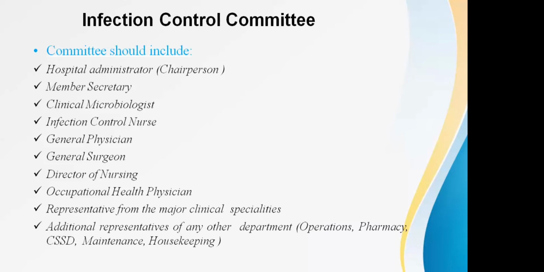Then we have the infection control officer or the clinical microbiologist. Fourth, and the most important person, sometimes sublimed over the ICU or the member secretary, is the infection control nurse. Without this man or lady, whosoever is the ICN, they play a very important role, because at the ground level, whatever is happening, they are the key resources who can update us as a member secretary or an administrator on what is happening in the hospital, where all the breaches are taking place, and what precautions, steps, or measures you can pick up.